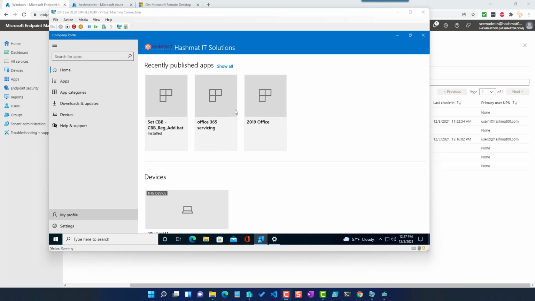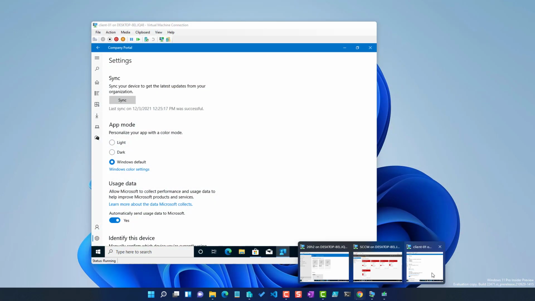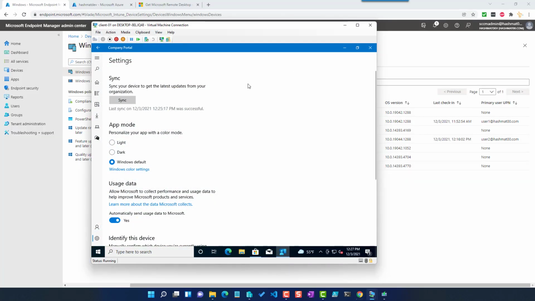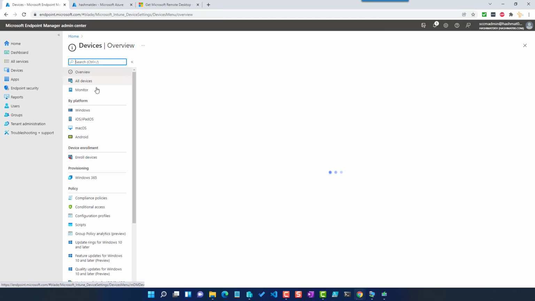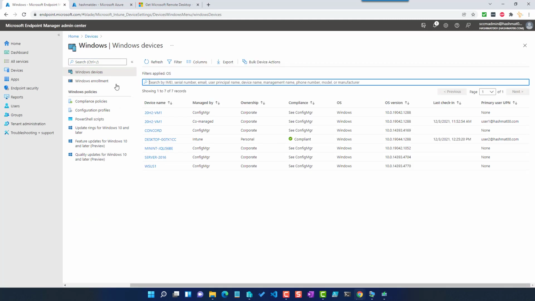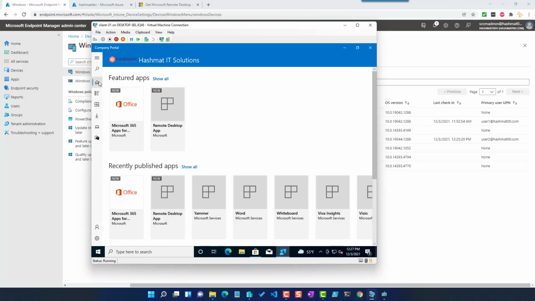So still taking time. I have another device here. This device is Intune managed only. If I navigate back to my devices here, Windows, and this is called desktop GGTK1CC. It's managed by Intune. It's a personal device. If I navigate to that one and refresh,